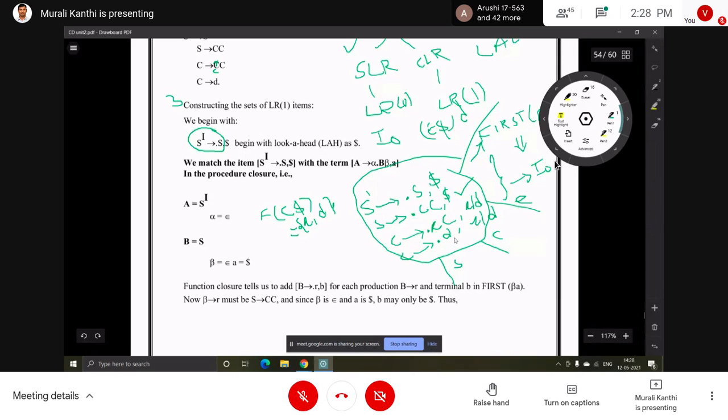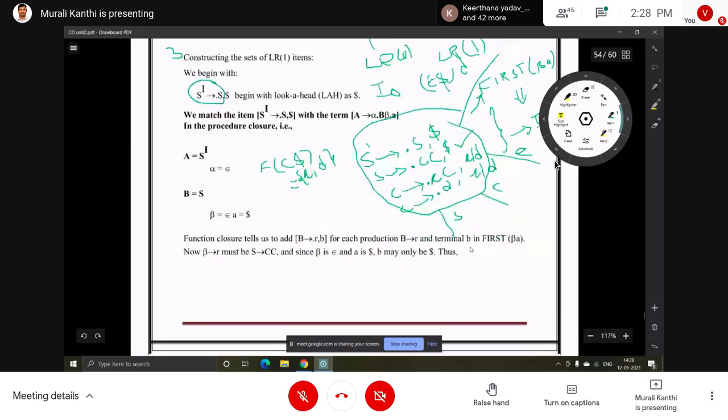So goto of I0 comma S, goto of I0 comma C, goto of I0 comma small c, then goto of I0 comma small d. 1, 2, 3, 4. Okay, four goto functions can be applied on I0 with different symbols.